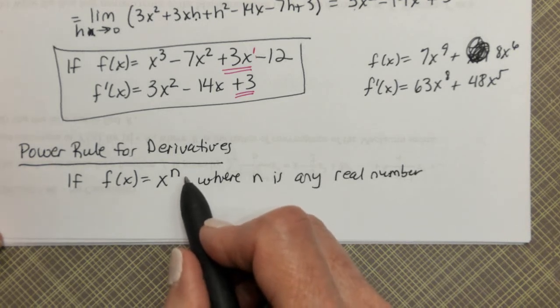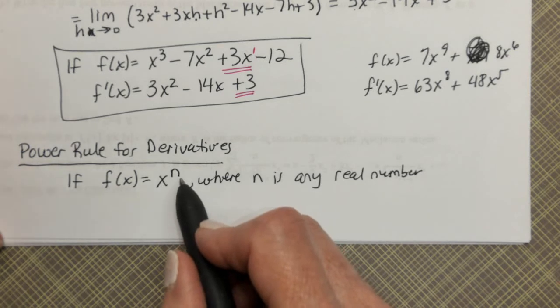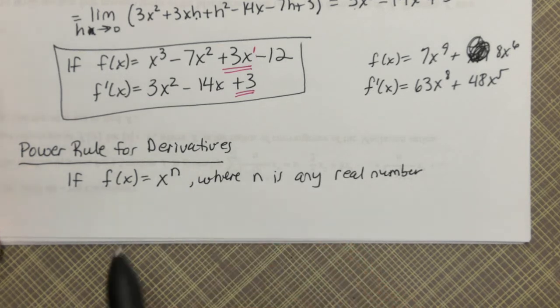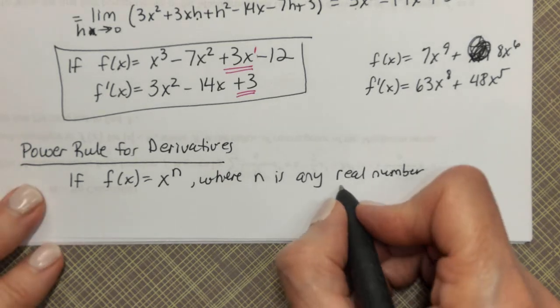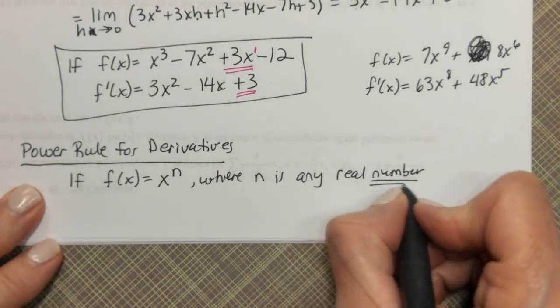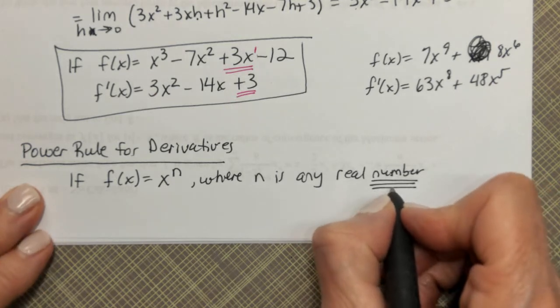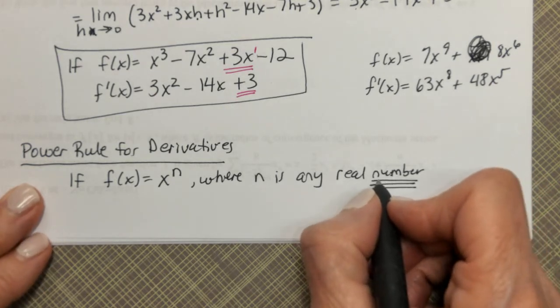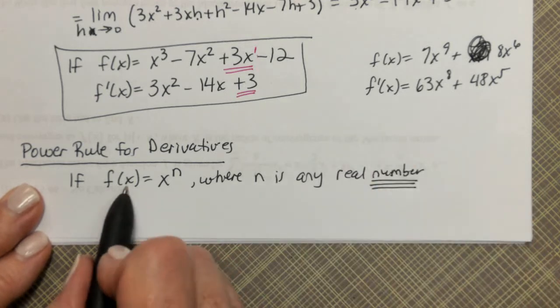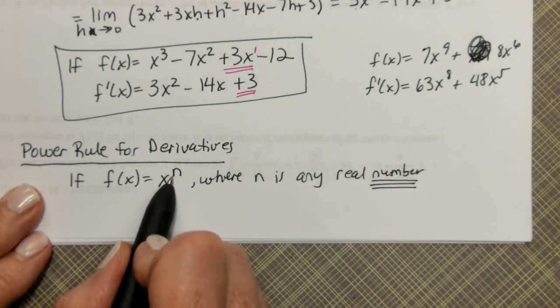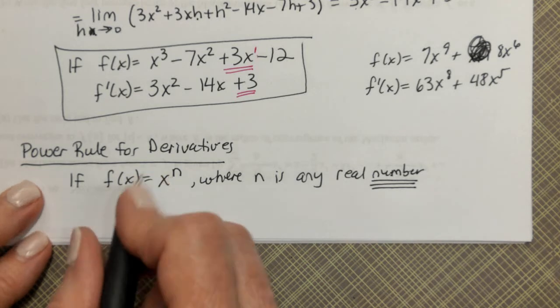It can be a square root, anything, a negative square root. It can be a negative fraction, a positive fraction, any real number. Very important that you realize that it has to be a number. It cannot be a variable like another x. All right. If f of x is x to the n, where n is any real number, then